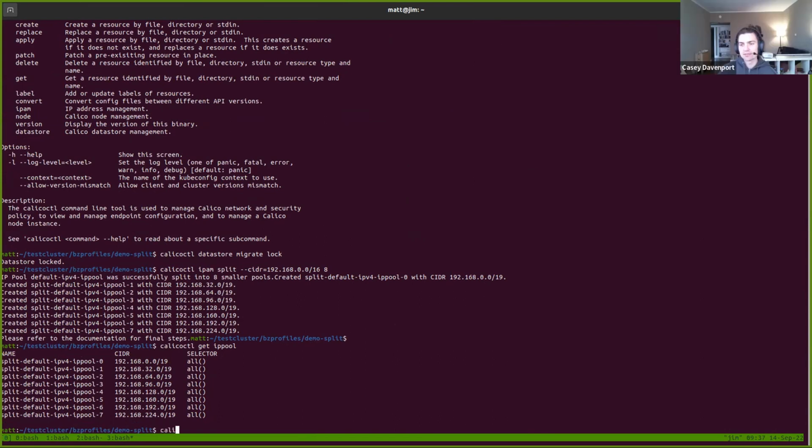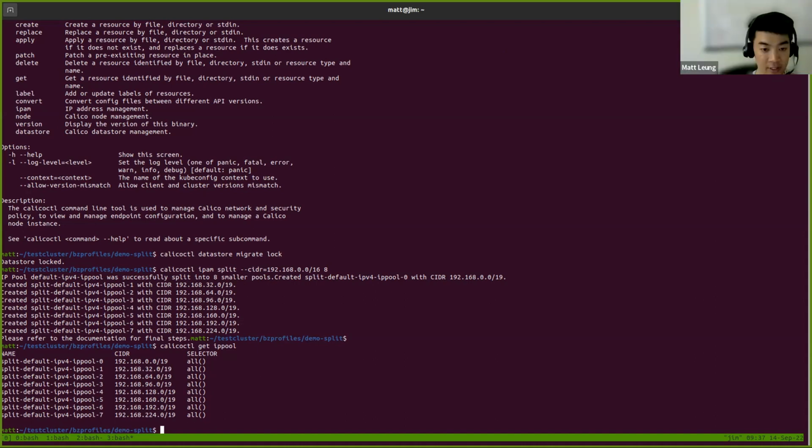So at this point now, you can go and delete some of those pools if you don't want to use them, or assign certain pools to different subsections of your cluster. I think the thing to be careful about with those, though, is you have to make sure that none of the pods in your cluster are in any of the child pools that you're going to delete. If you have any pods in there, you're going to have to restart those. So yeah, you'd want to disable the pool, restart the pods that are in that pool, and then delete it.